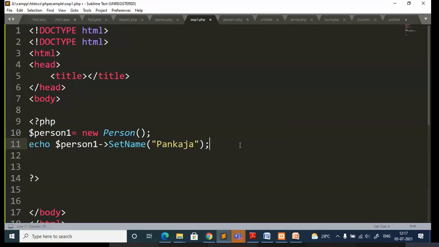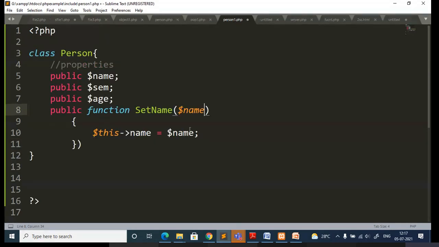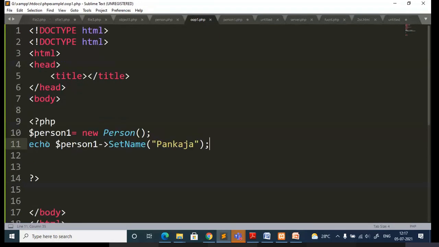Okay. So now what I am doing is I am trying to access the function from this file. So you just save it. What is the output I should get? According to this function, it should just display the name of the person. That's all. So I am just trying to echo that information.